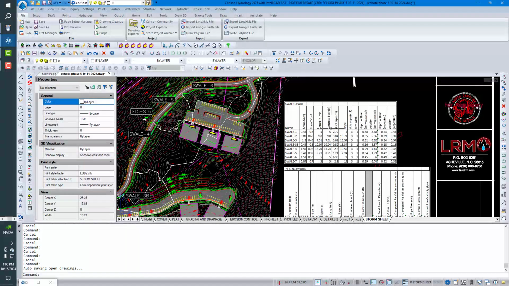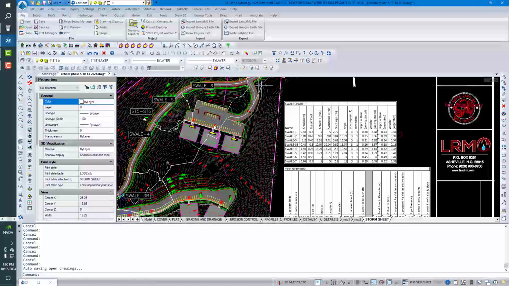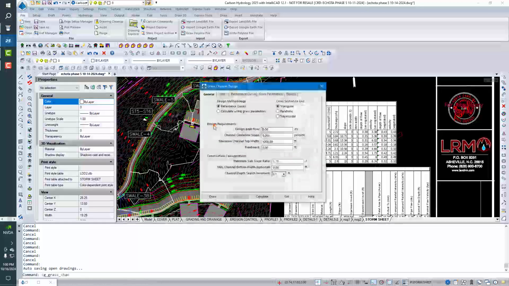Although we have in hydrology a channel design, I think the grass one is the one that it follows. It basically follows the same design method,